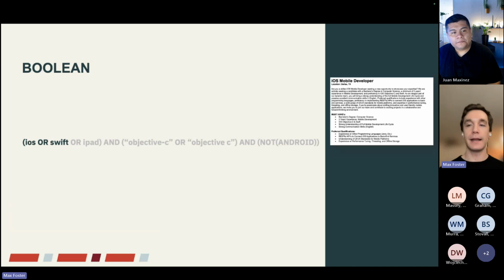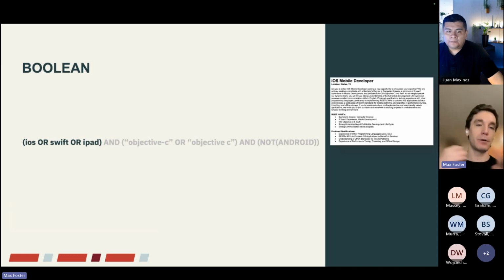And then this is an iPad app that we're looking for to be developed. So I'm just going to say space or space iPad. If somebody has worked on an iPad, let's take a look at them. So then I'm going to close out with a right parentheses. So that's one parentheses grouping. I'm telling the system, do you have one of these words? If you do, I'm going to look at you. But you can imagine how many candidates have this. So let's narrow it down a little bit.